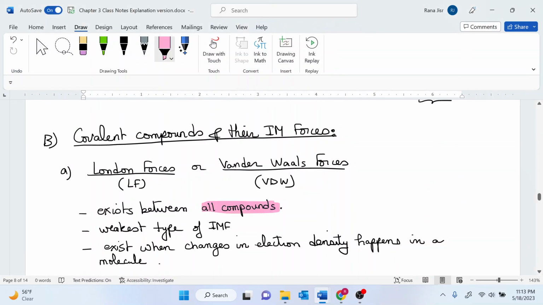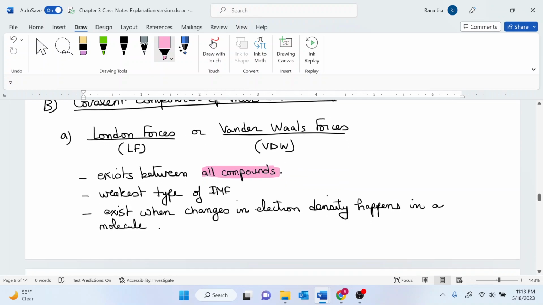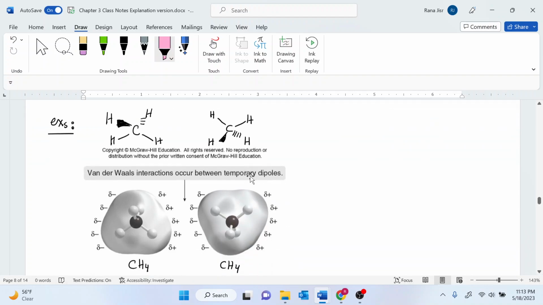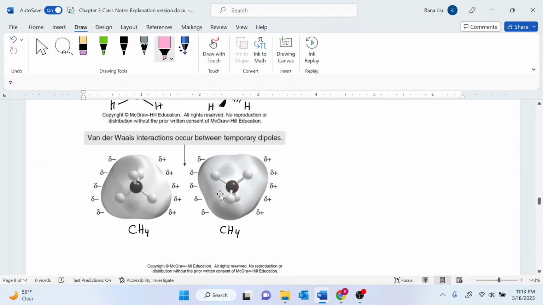Covalent compounds do have intermolecular forces. Their intermolecular forces are weaker than the ion-ion interaction that exists between ionic compounds. An example of intermolecular forces in covalent compounds is London forces, or the van der Waals forces. These are the weakest type of intermolecular forces, and they occur between any two compounds that come close to each other. So that they won't repel each other, they will create a temporary dipole, and this temporary dipole will attract